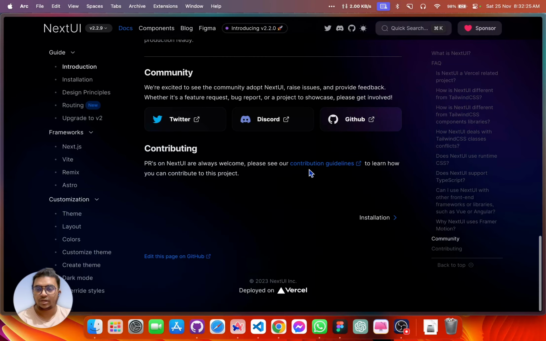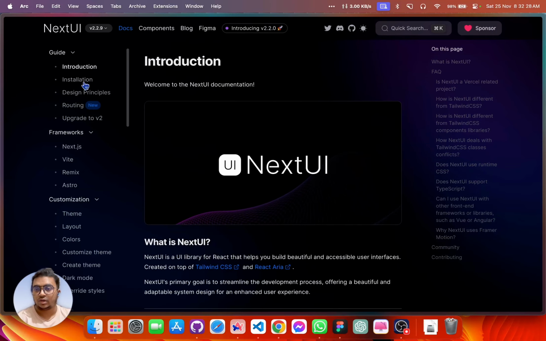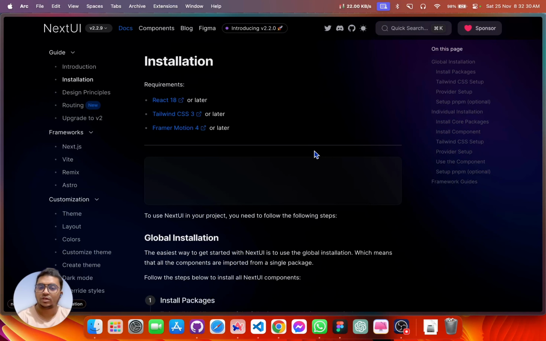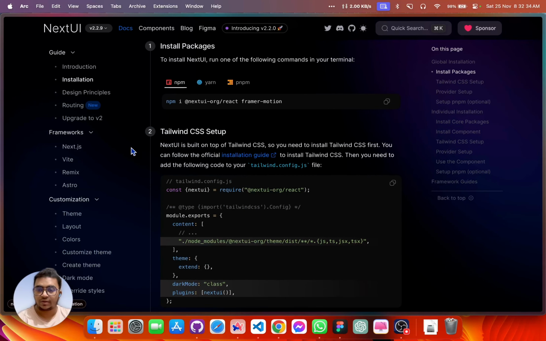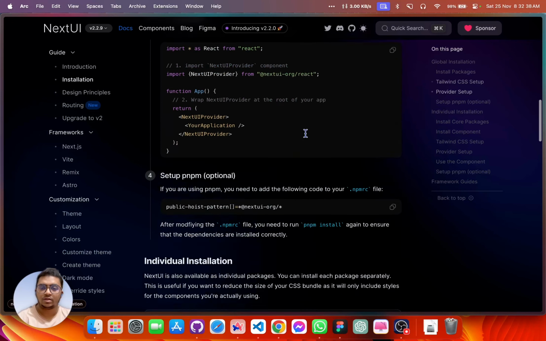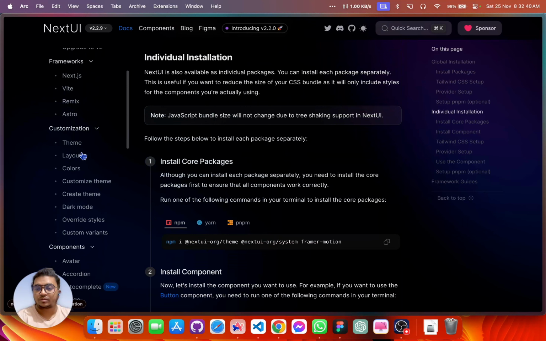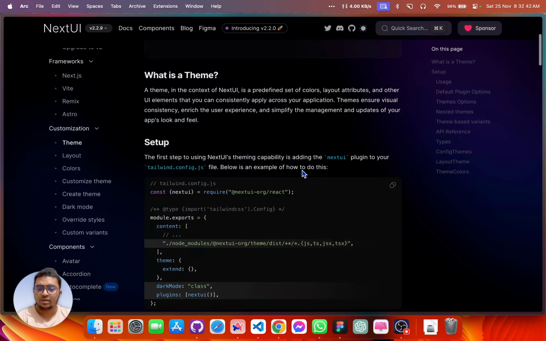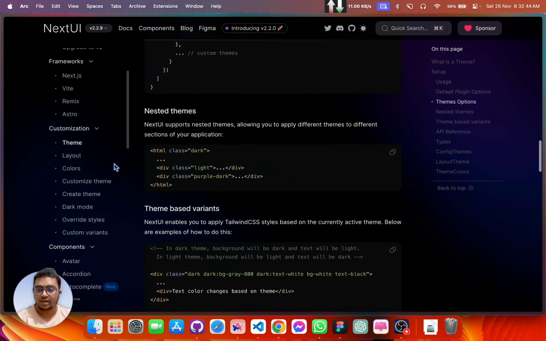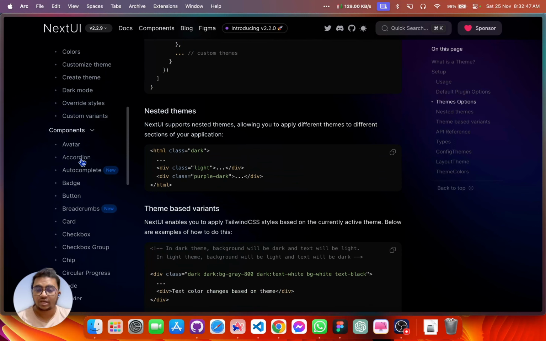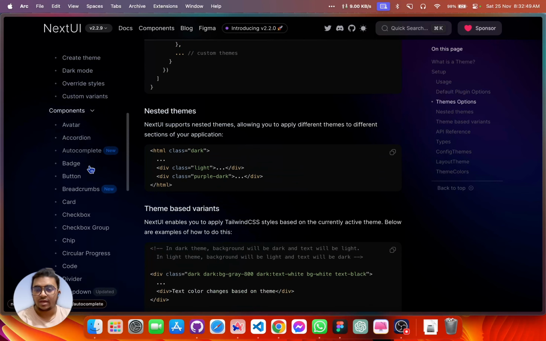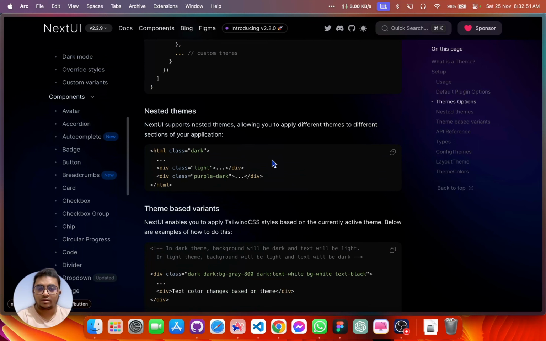We have their documentation, and the installation is easy. We can also use React and Next.js. It's supported in React, Next.js, Remix, and Astro. You can also theme it in your own way like this. And let me show you something that shows why it's really good. If I go to Button,